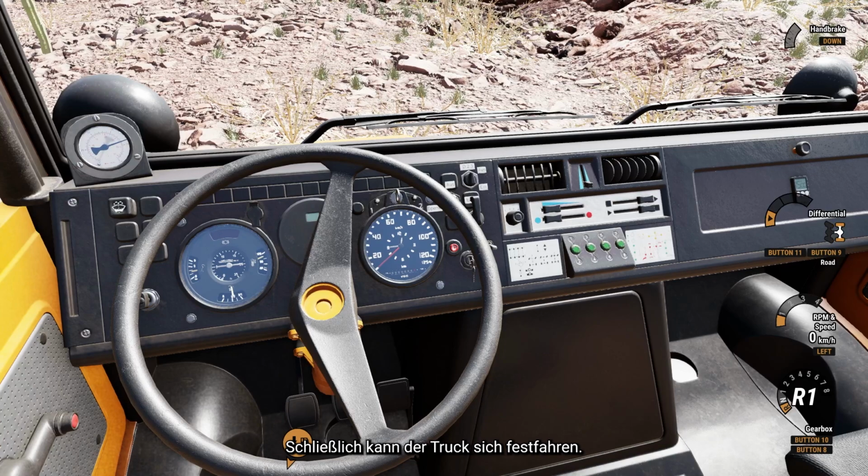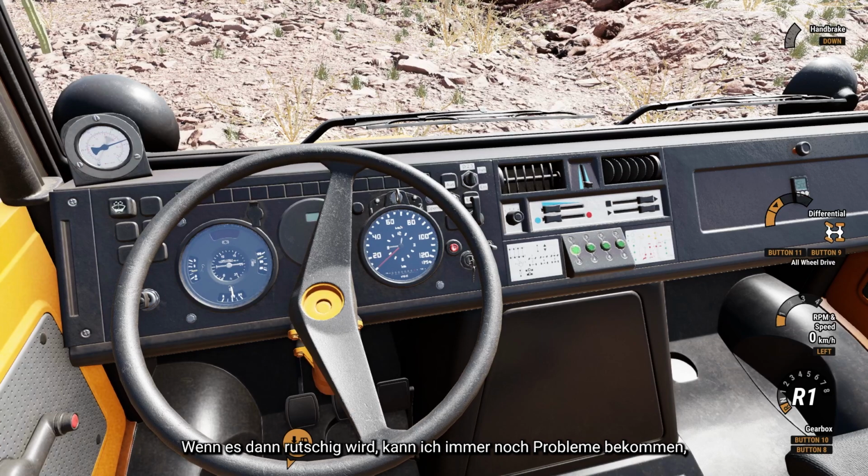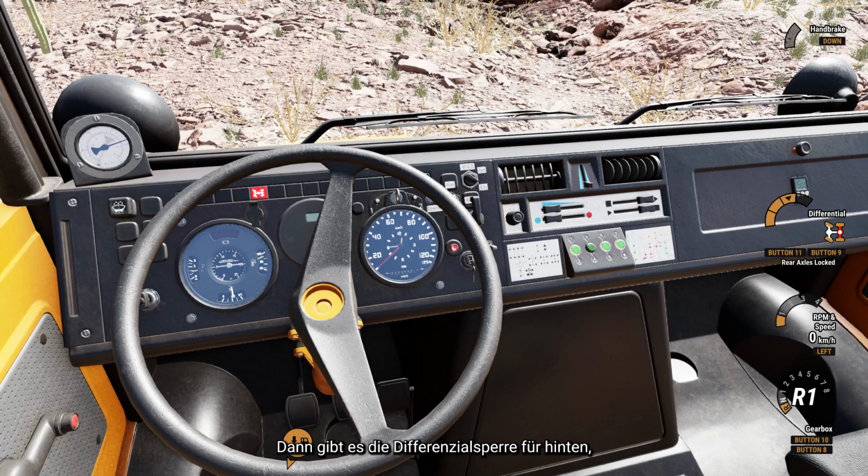get stuck and have some trouble. When I enter the all-wheel drive, this means that there's some power going to all the wheels. When it's very slippery, I can still get in trouble, but all-wheel drive will help. Then you have the differential lock for the rear, which means the wheels in the rear will turn at the same speed, and you can have